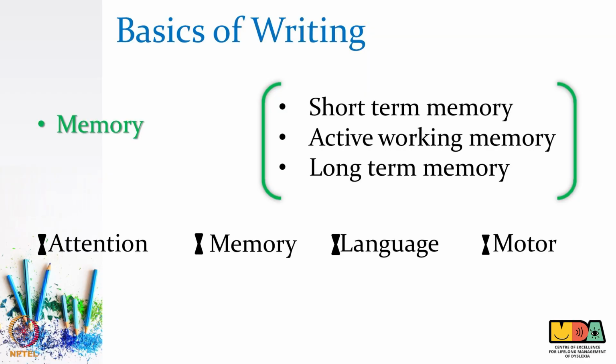Long term memory is the type of memory where the information is pushed from short term to long term. It helps the child to remember the shape of the letter and other basics of writing which has been taught earlier at lower classes and do a legible writing currently. In the above activity of choose the correct answer, the child remembers the options using the active working memory, remembers the question using short term memory, and using the long term memory the child is able to remember and retrieve the correct answer.